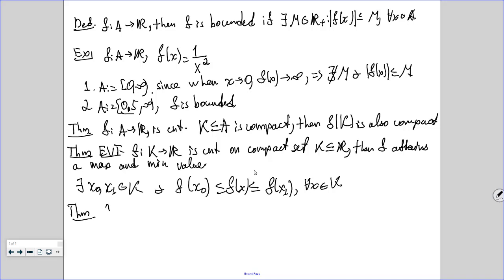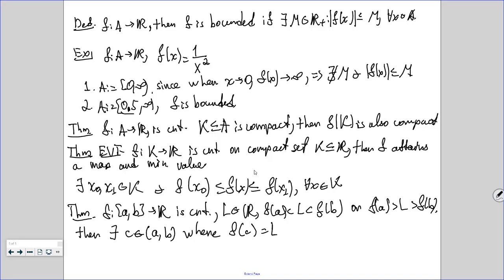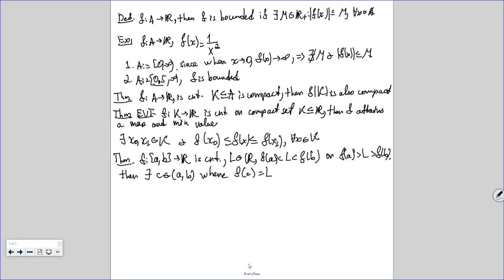In other words, if we have a function f which goes from [a,b] to R, where [a,b] is closed, and f is continuous, and we have a real number L such that f(a) is less than L and less than f(b), or f(a) is greater than L and greater than f(b), then there exists a point c in the interval where f(c) is equal to L. This is called the intermediate value theorem, and graphically